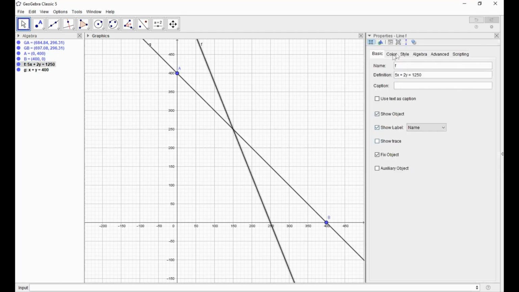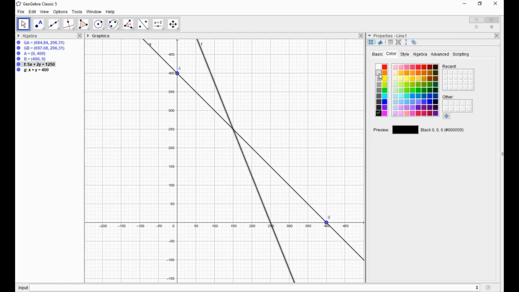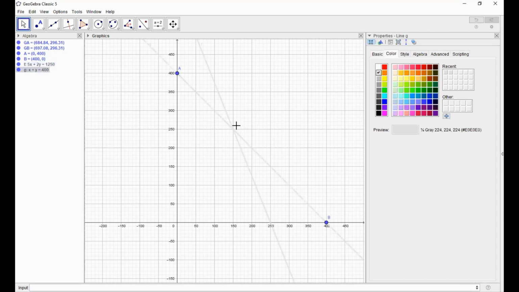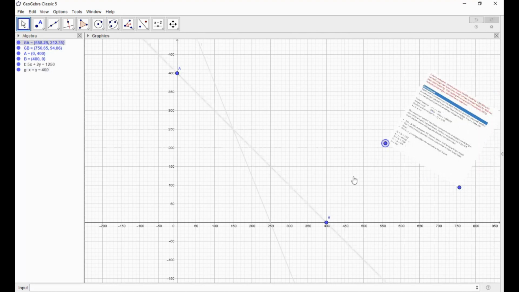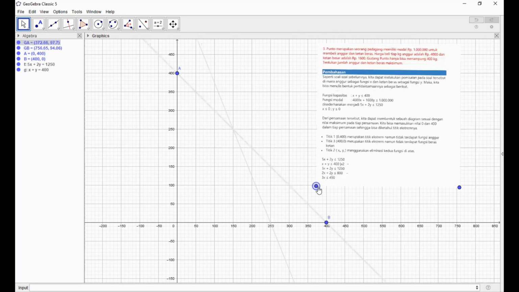Maybe the color will change to this. And this I will change to this. Okay, it's the result. Maybe, okay, we'll change. I will say, that's great.